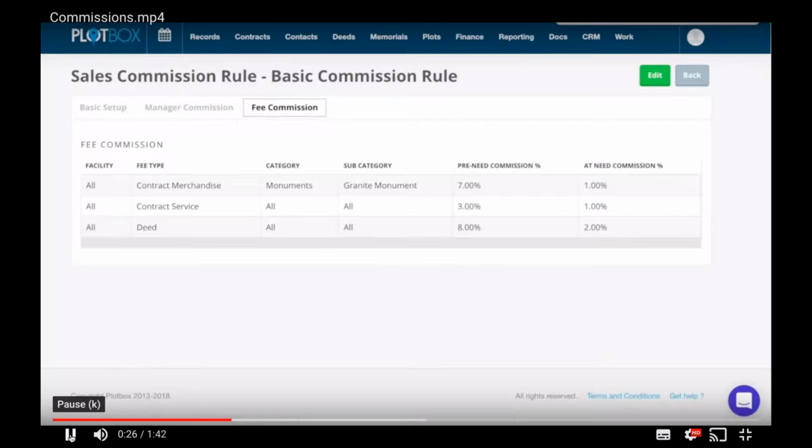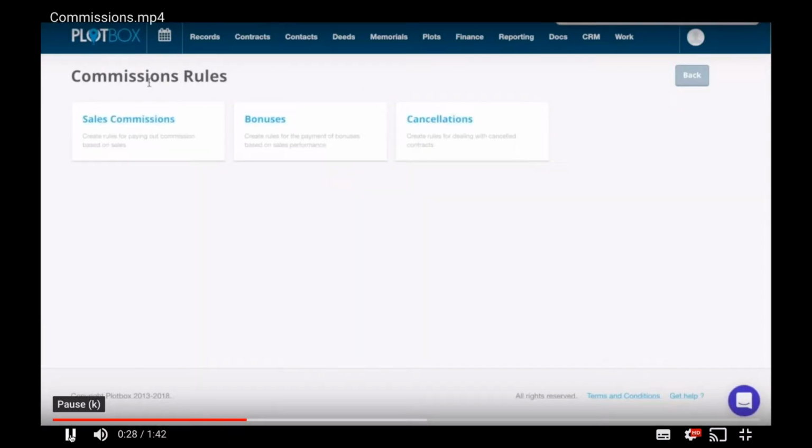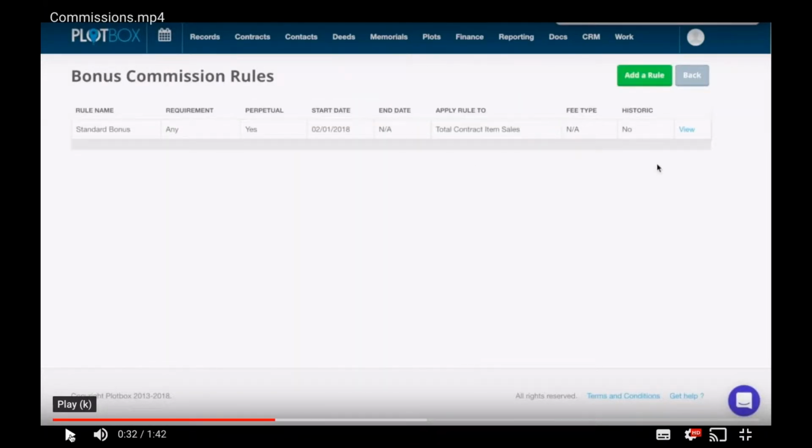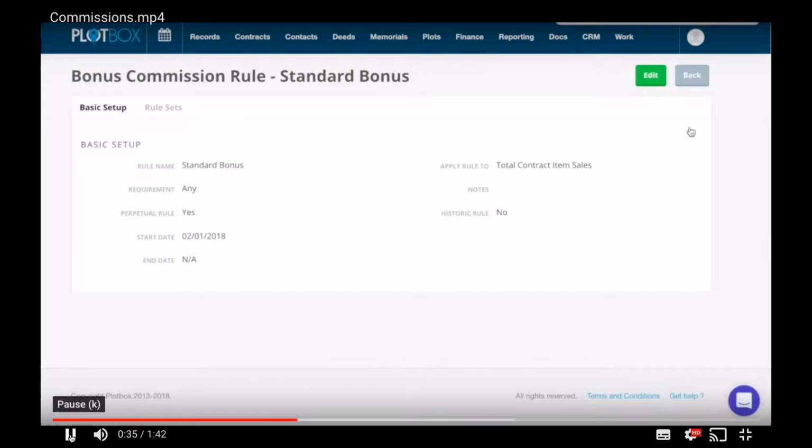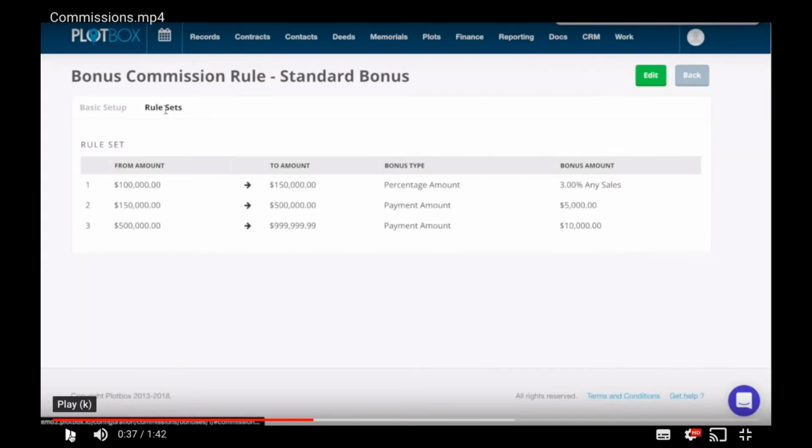So whenever we come out here, we'll load up bonus rules, and as anyone who's using these will know, they can differ. So in PlotBox, it is quite flexible for you to configure these. If we open up the rule here to show you an example, then we will see that you can set different levels for bonuses that your councillors can hit. So if we just pause on this, you can set up as many of these different levels as you want, and the result can either be a cash payment bonus, or it could be an extra percentage on the sales